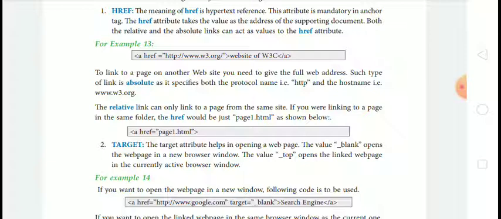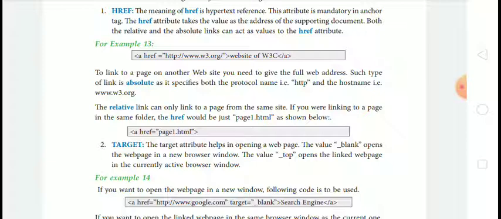An example is A href equal to http://www.w3.org, the website of W3C, then close the anchor tag.